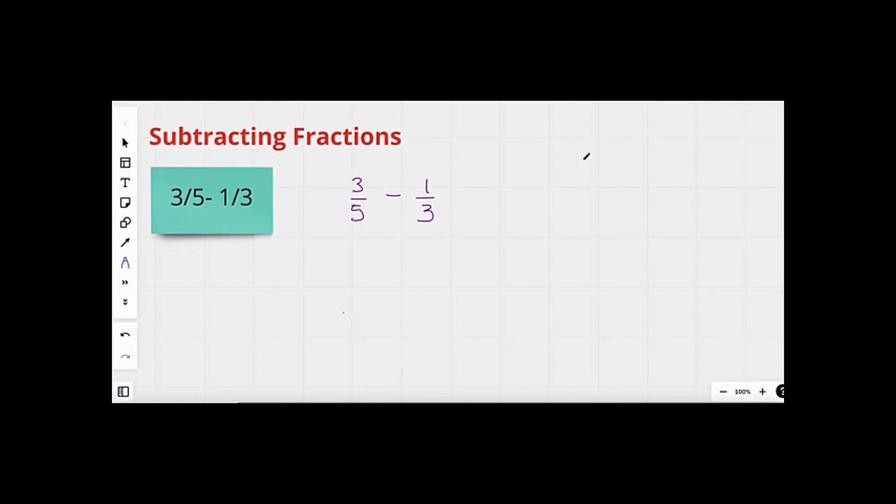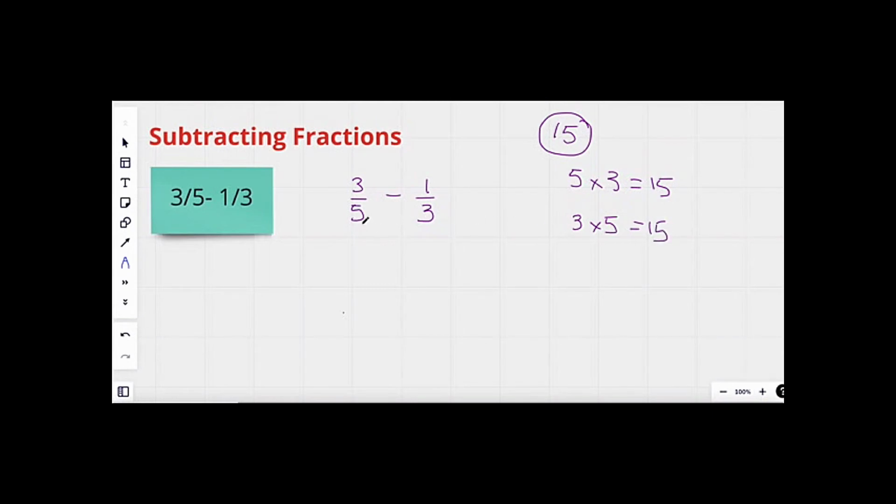So what number do we find in the 5 times table that we can also find in the 3 times table? And that number is 15, because 5 times 3 equals 15 and 3 times 5 equals 15,